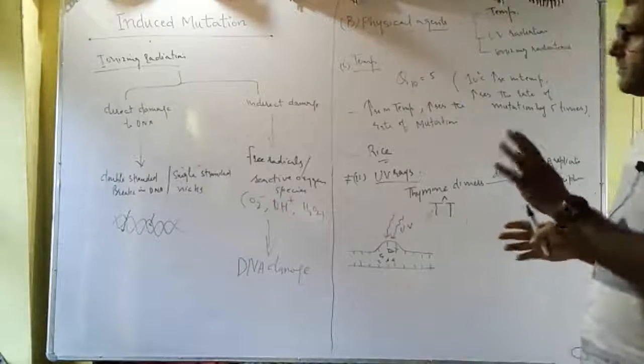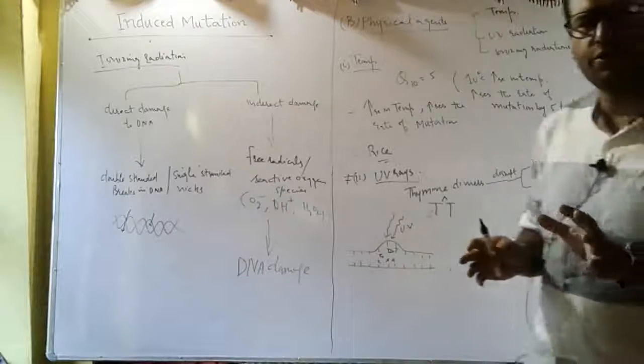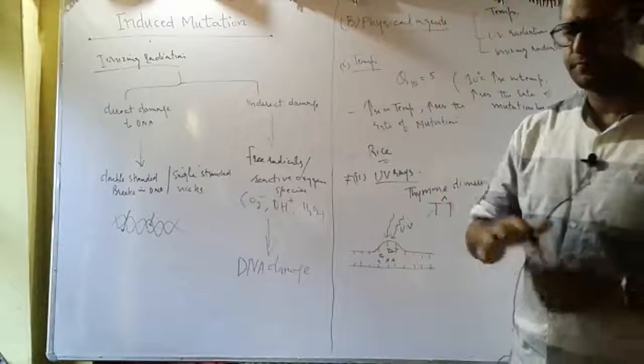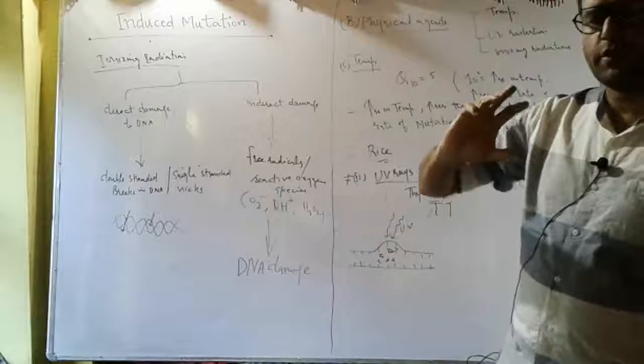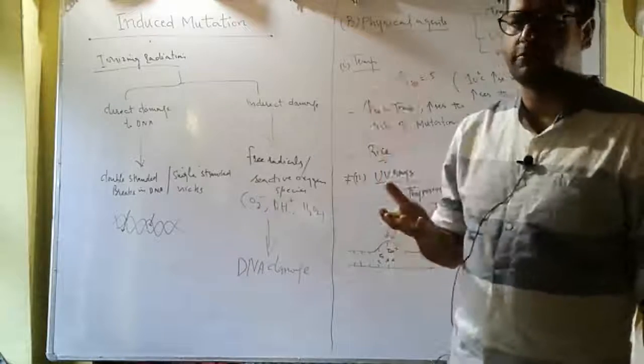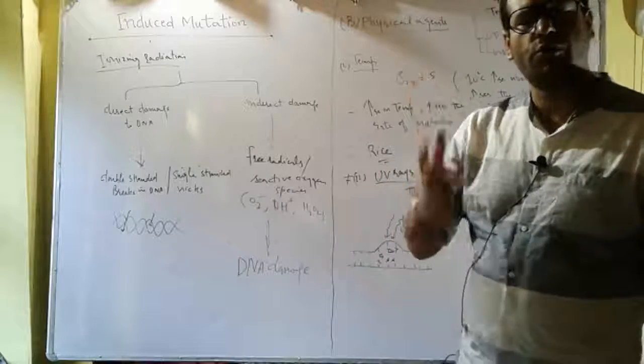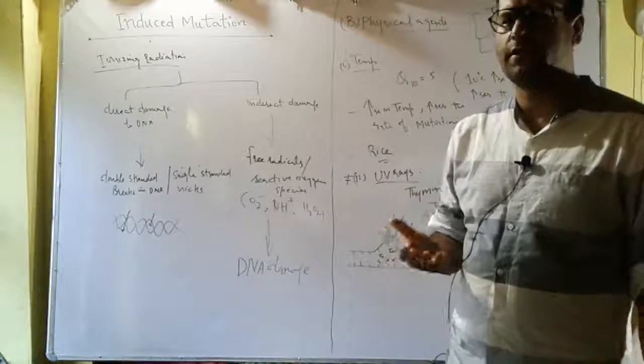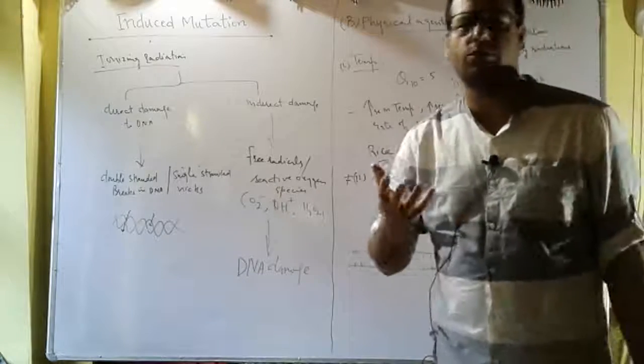Before winding up, I will just recapitulate. We have studied what induced mutation is. Induced mutation is that type of mutation which is caused due to external environmental factors. और जो एजेंट्स, जो सब्सटेंसेस म्यूटेशन कॉज करते हैं, जो ऑल्टर करते हैं डीएनए के स्ट्रक्चर को, उनको हम म्यूटेजेंस